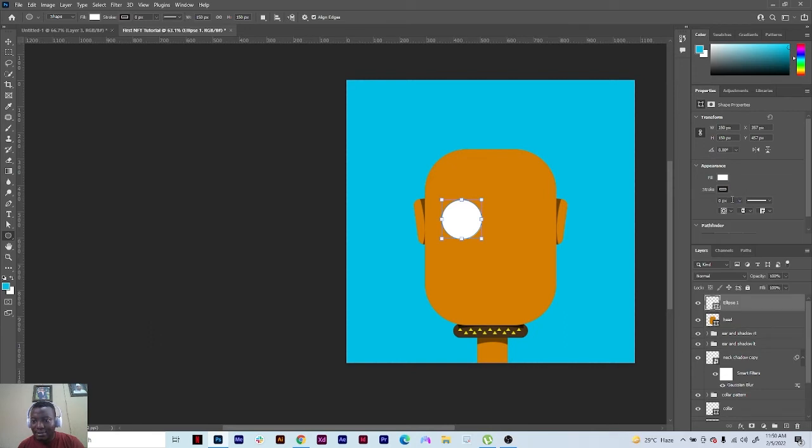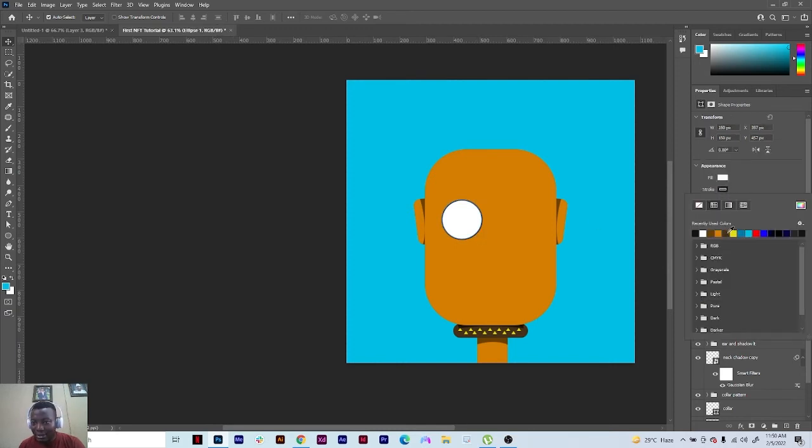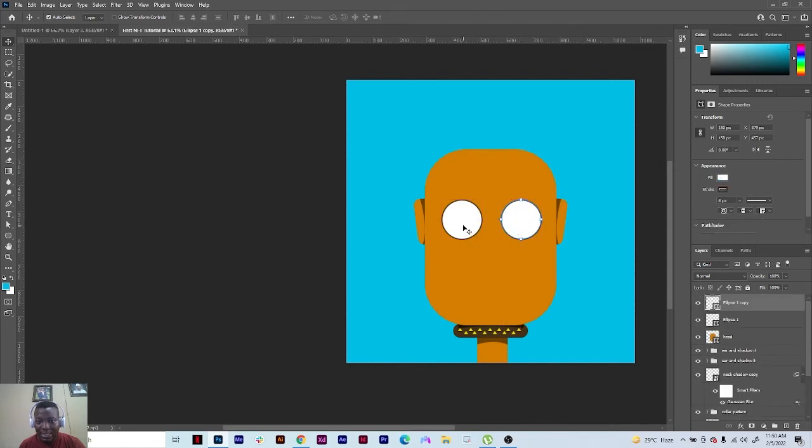Yeah, so I'm giving it a dark brown outline, something like that. Yeah, something like that. I just want to do that. So I will duplicate this, and I'll call this